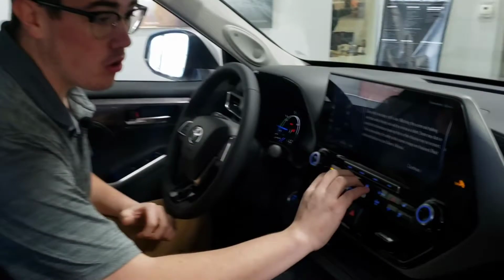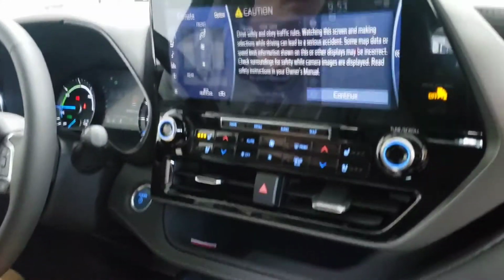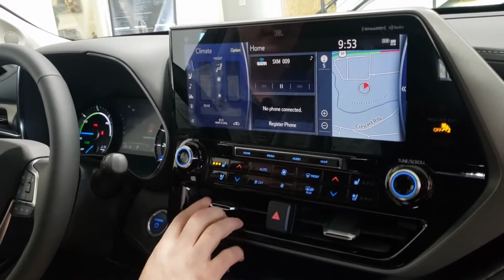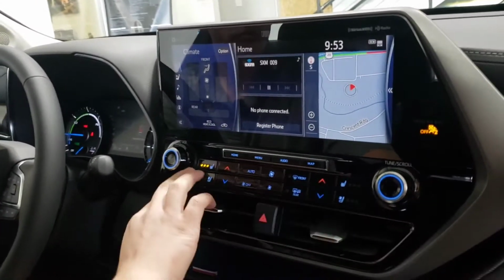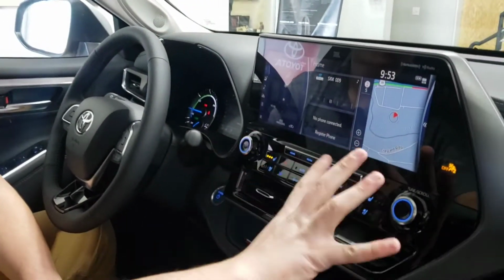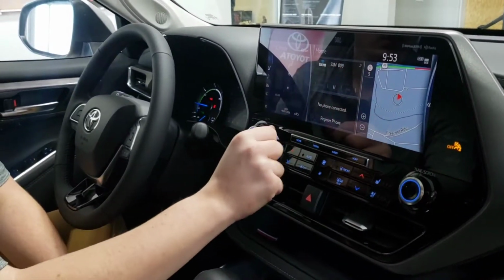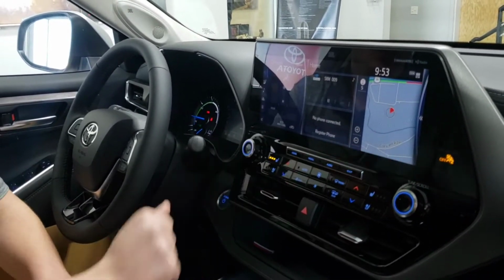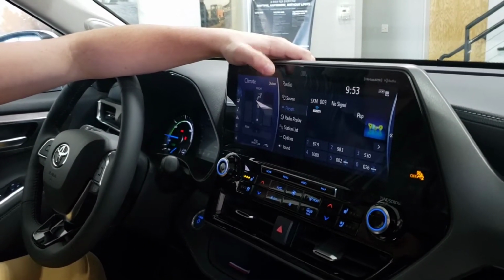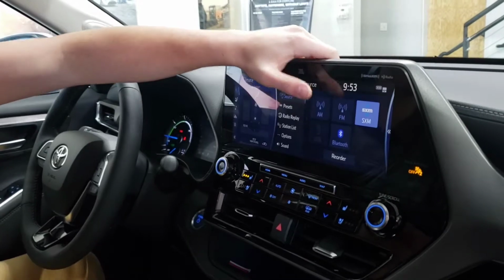Alright, now we are on the interior of me showing you all the creature feature and convenience options with this vehicle. As you'll see all across the board right up here, this is everything for your climate control, and you will have heated and cooled seats in the limited, and that'll be for both sides of the car. And this is going to be the power and then tuning all over there for the audio, which will be right here, and you can actually click the screen or click audio, and you'll be able to actually see all your radio presets,